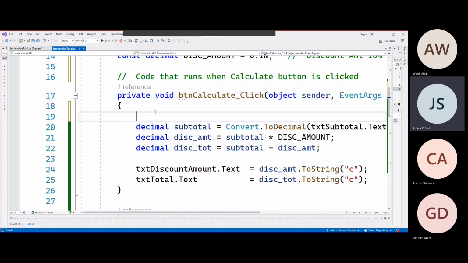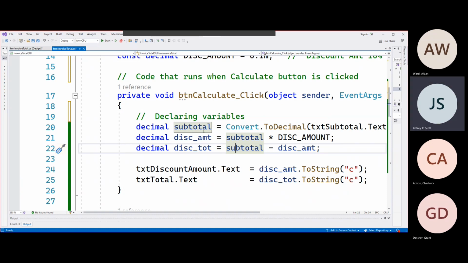Well, the first thing we're doing is we are declaring variables. And we declare 3 of them, as you see. We create a variable for the subtotal. All right. We create a variable that's the first number that we put in. We create a variable for the discount amount, which is that subtotal times 10%. And we create a variable for the actual discount. The one was the discount amount here, and the discount total, I may have misspoken, is the subtotal minus that discount amount. So again,